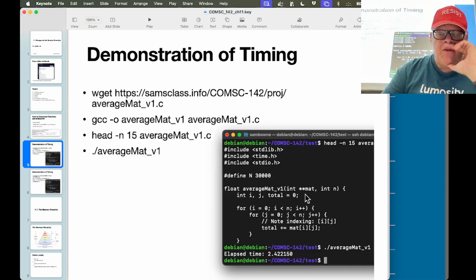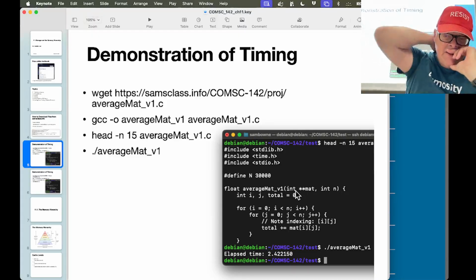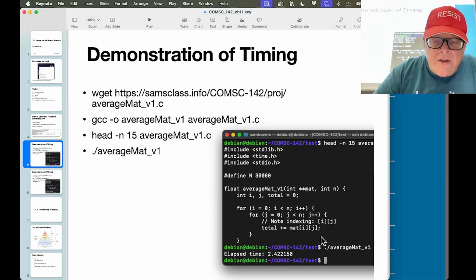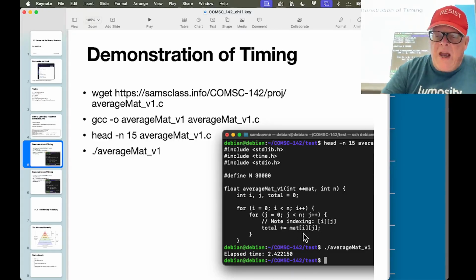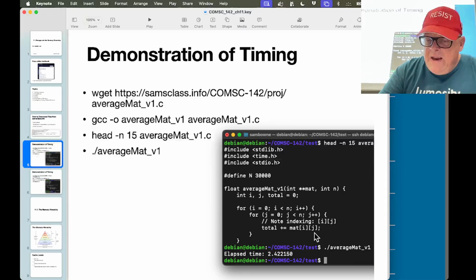This is a program that calculates the average of a bunch of numbers. You have 30,000 numbers, and it's going to add all the numbers it finds in this file called mat. And I actually don't know how it gets filled. Total plus equals mat ij. There may be another part of the program that fills it or something. But the important thing for us is the way this loop works. You have a two-dimensional array, mat sub ij, and here you go through the rows first and then the columns. The i and j go in that order. So it's going to go 0,0, 0,1, 0,2, 0,3, indexing j until it's the end, and